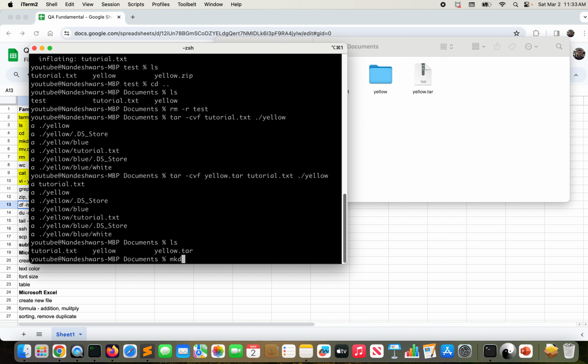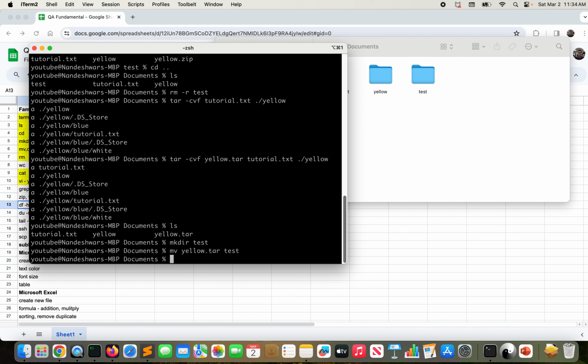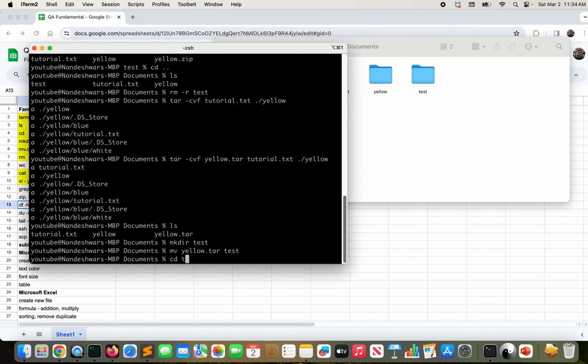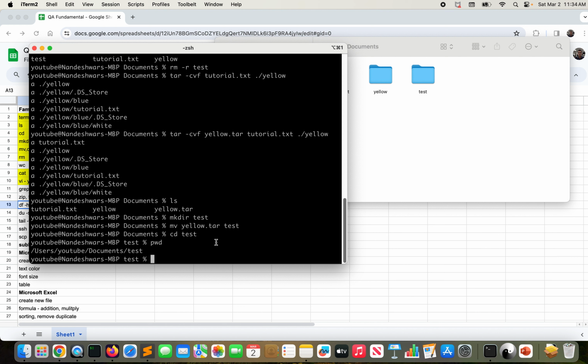So I'll create mkdir test, and then I'll copy or move. I'll move lo.tar to test, then I'll go to the folder, cd test. I can check the present working directory. I'm in test. I can see the contents here,